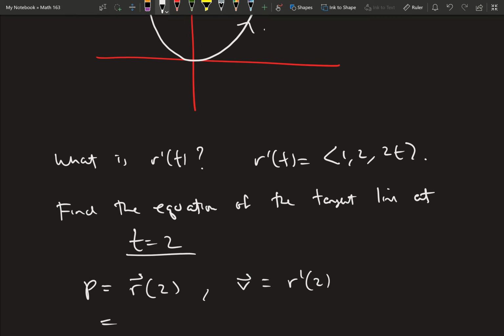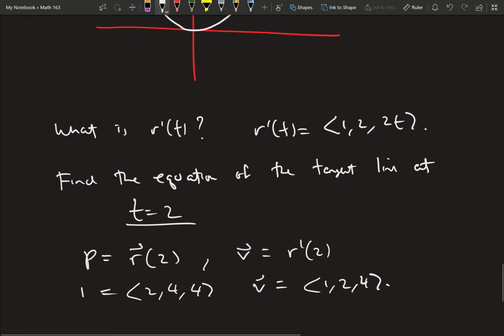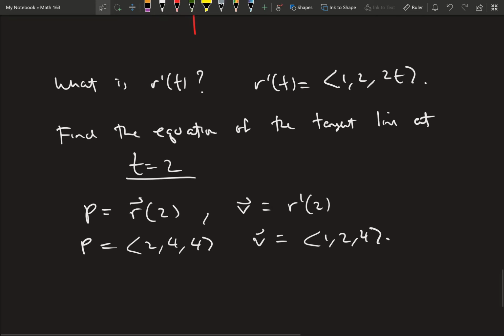Well, r of 2 itself, this is 2, and then 2t gives us 4. T squared is also 4. And the direction vector is 1, 2, 4. So here you have your base point, here you have your vector. So the equation of the tangent line, r tilde of t, is,